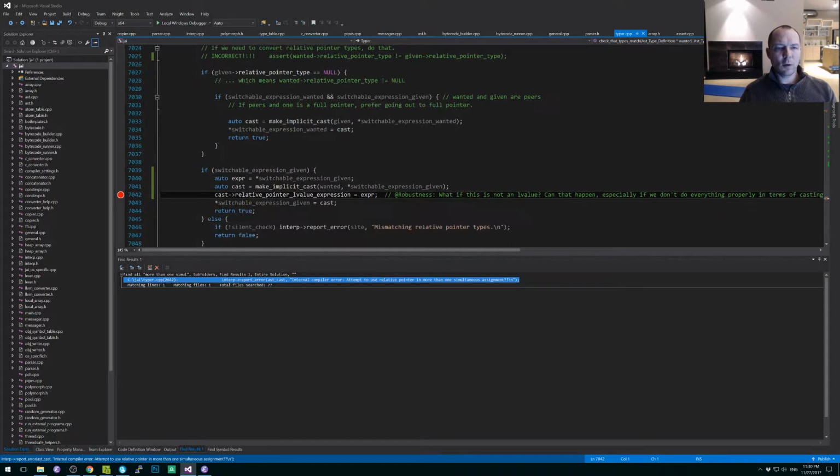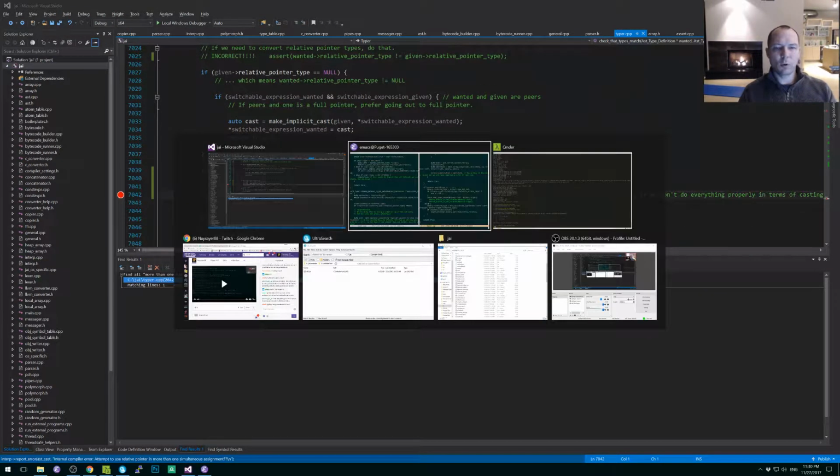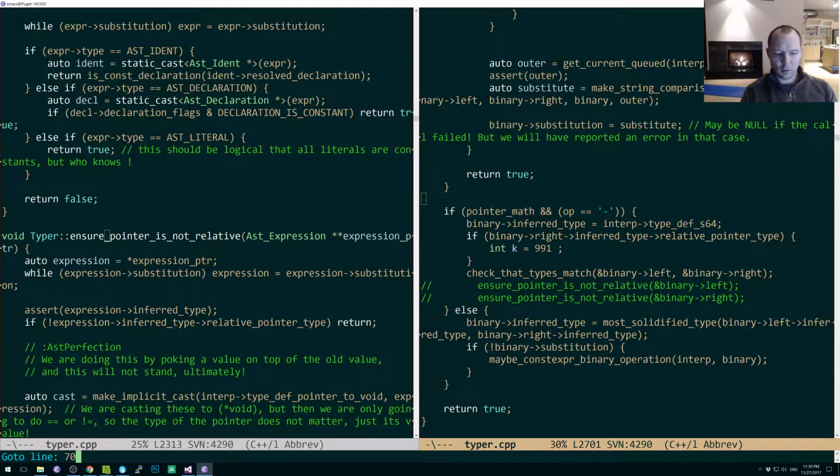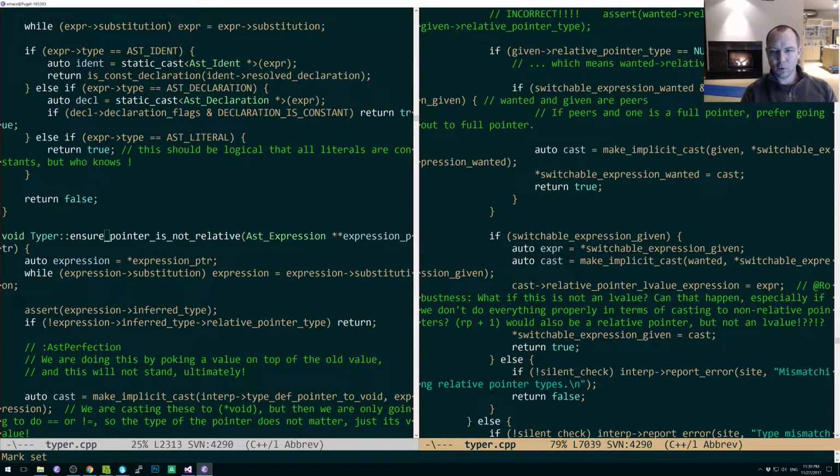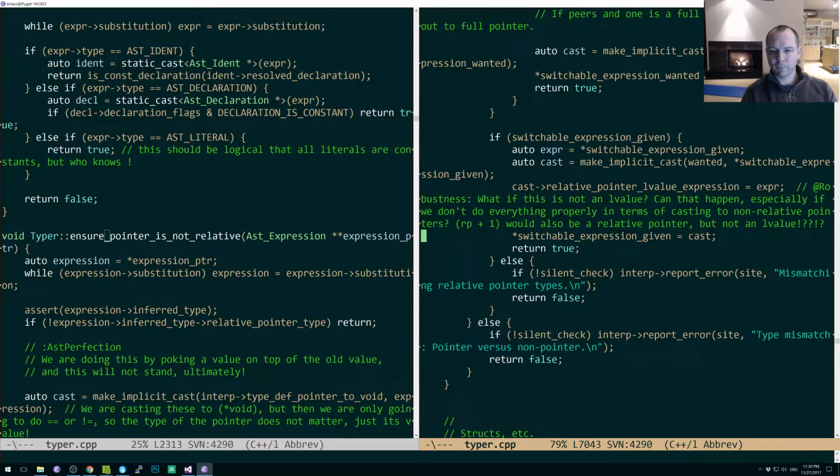Because we don't want to generate a cast to a relative pointer anyway. We want to... okay. Actually,